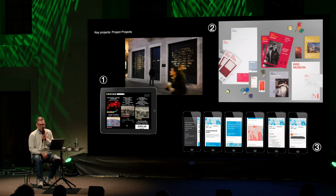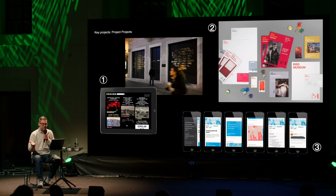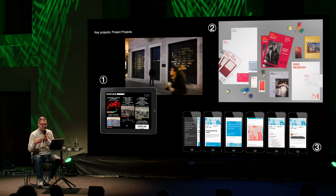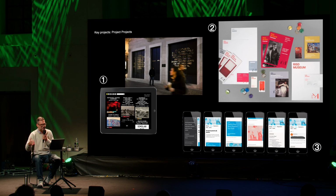The work for SALT was really building upon research into cultural identity, work that I had also presented at Artists Space in New York at the invitation of David and Stuart. Some of that is also on my blog if you're interested in it. I was also teaching at RISD at the time, so one thing led to another. The SALT work led to work doing the RISD Museum identity and website, and then